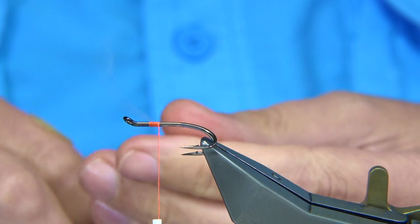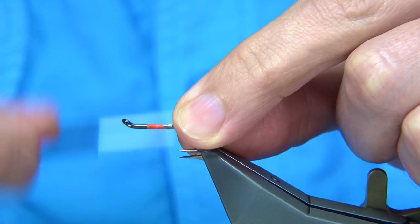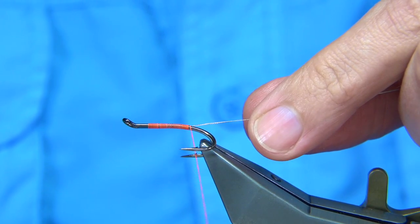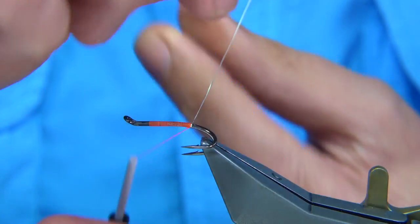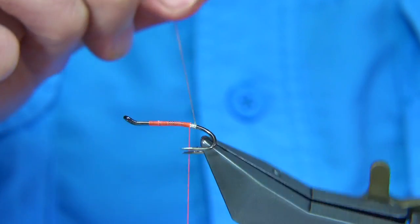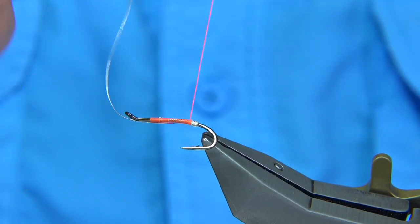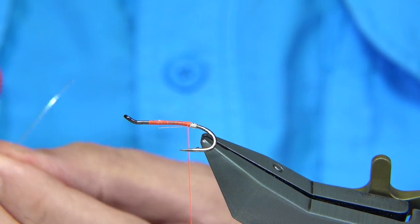Now the tag is an oval silver tinsel. It's this small. I'm going to work it down until just short of the barb of the hook, meaning when I let the thread go I'm about 1mm or so from the barb. And then I'm just going to wind the oval tinsel 4 times down, and then bring it between the hooks and underneath. So I'm going to catch it just underneath, nice and tight,